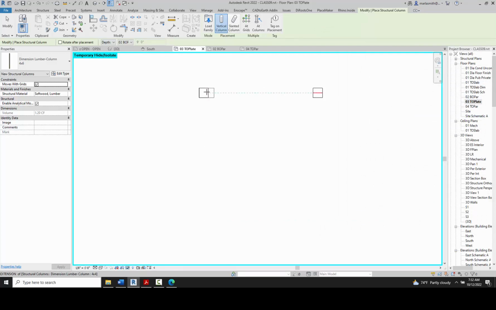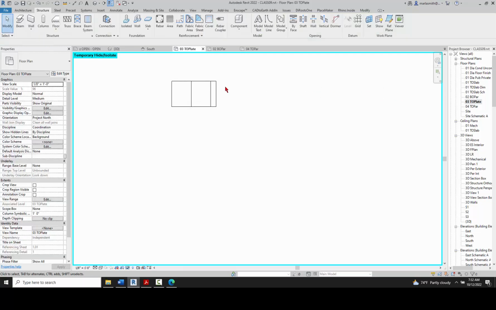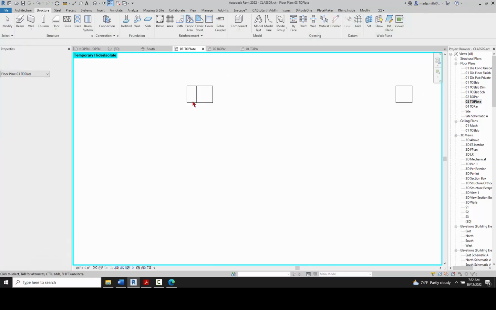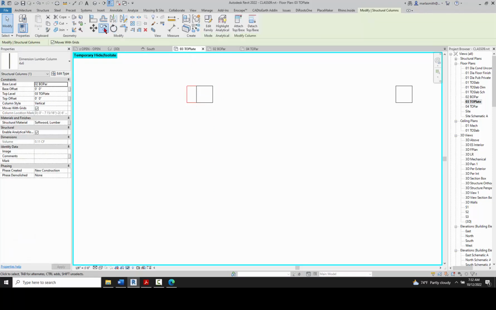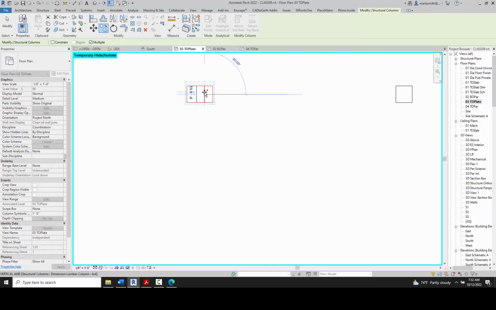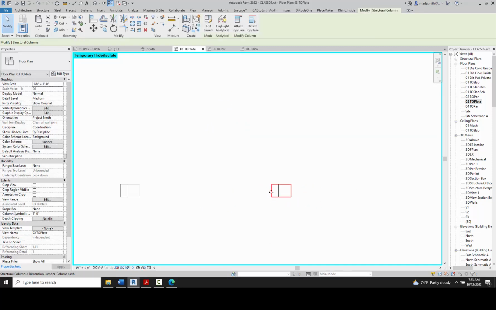And then you can come in and I think these guys are going to be right there, right, and then I'll pick this guy and just copy it from there to there, there, to there, to there, and then let's move this one over,